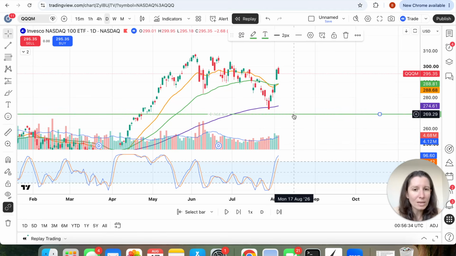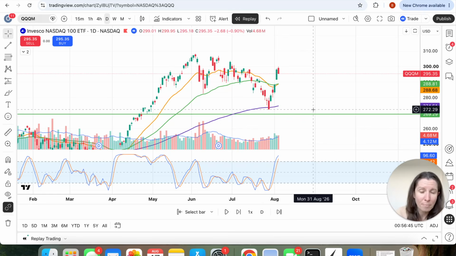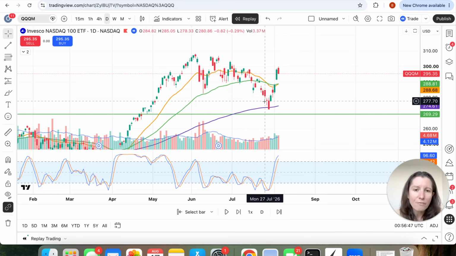I want more breathing room. So I might be looking at this chart going, you know what, if we close below this particular low, that's actually my sign to get out. That might be my plan. If that happens,